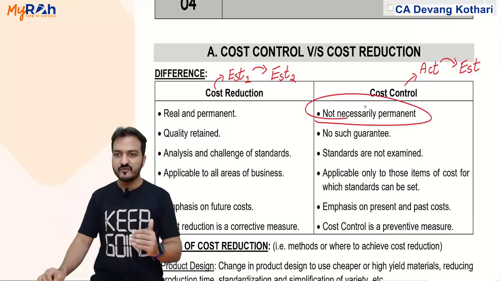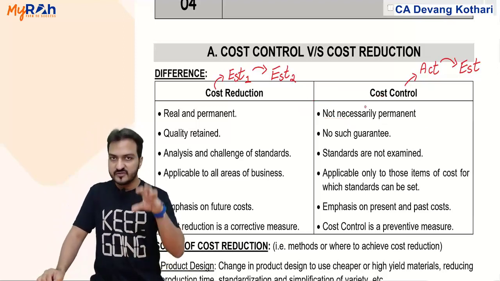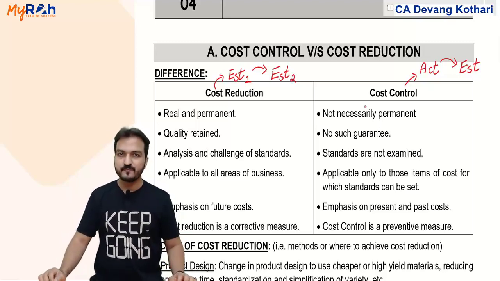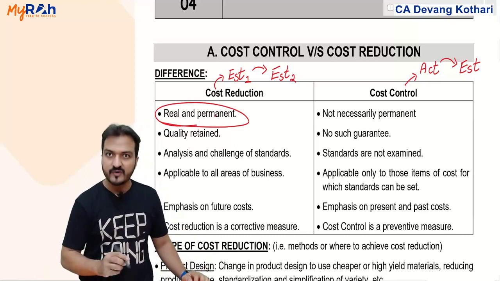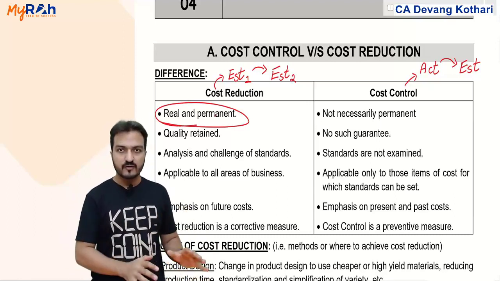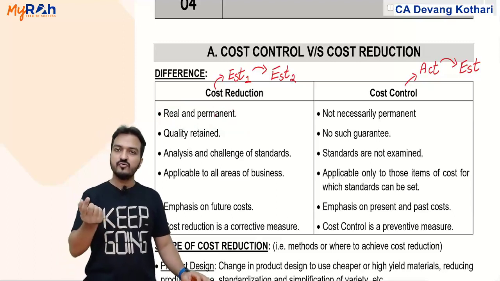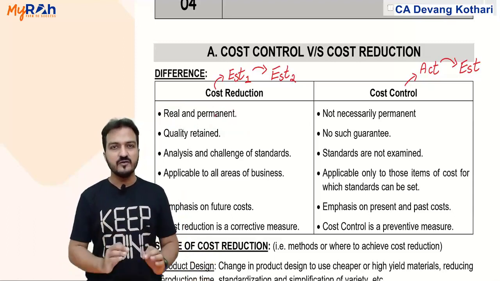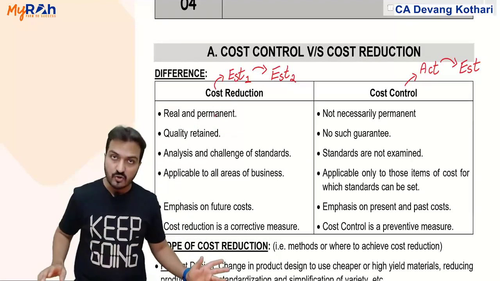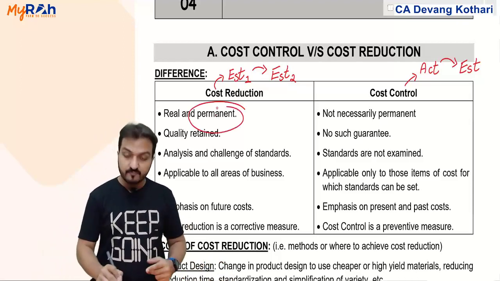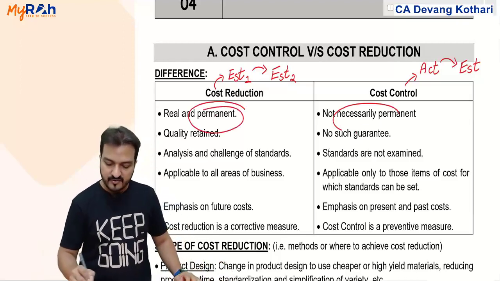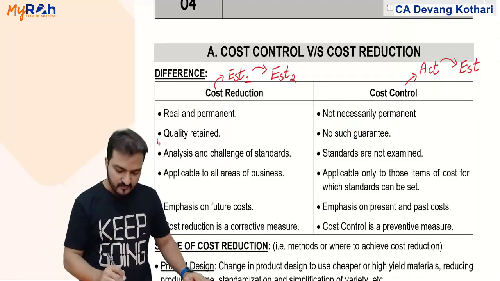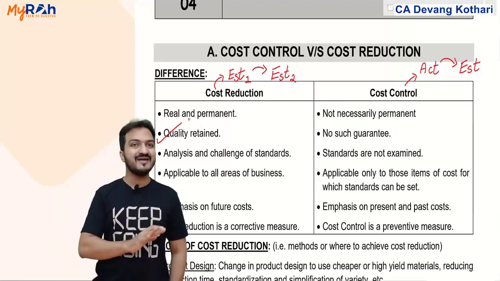Like if you could achieve decrease in the wastage of material this year, does it mean that every year your wastage will decrease? No. But cost reduction is real and permanent. If you change the design of the product, which will decrease your cost, then will you get that decrease every year? Yes, you will achieve that lesser cost every year until you follow that new design. Hence, cost reduction, change of design will give you permanent cost decrease, while preventing mistakes will give you temporary cost decrease.